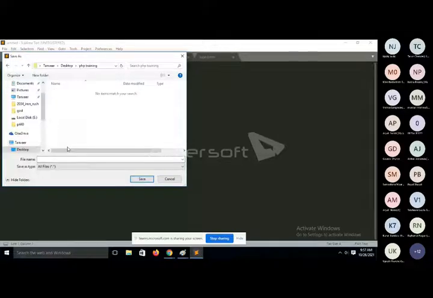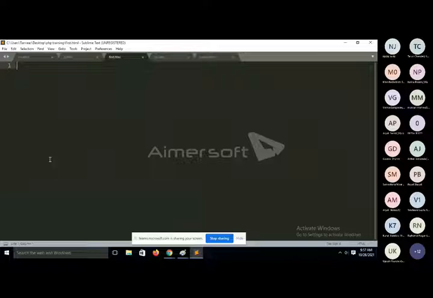Inside this folder, we will save our first program whose name is first, and it is mandatory to save your program with the .html extension. So we will save our program with the help of the .html extension. Basically, HTML is used to construct a program which is supported by a browser or client.